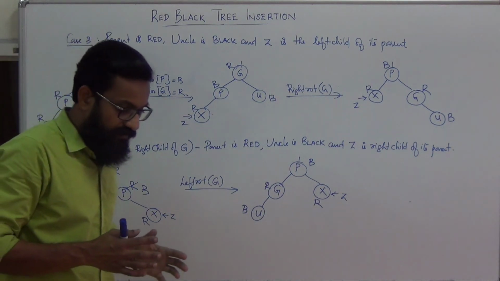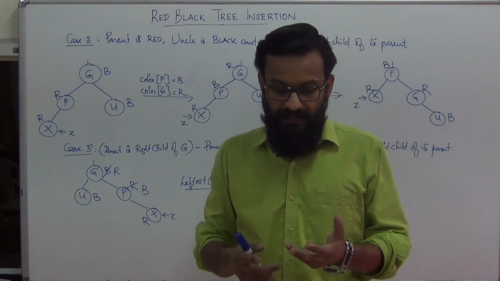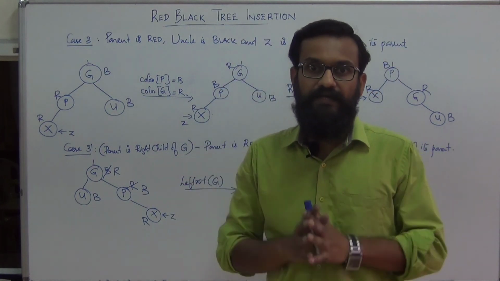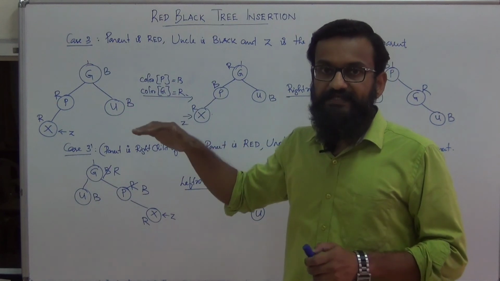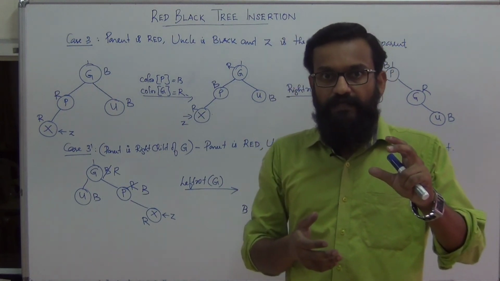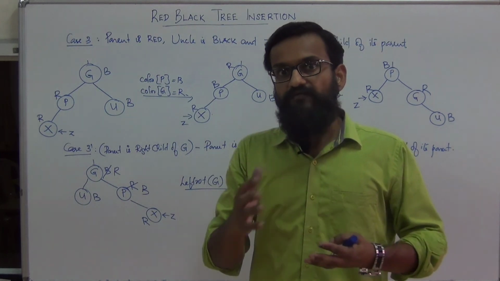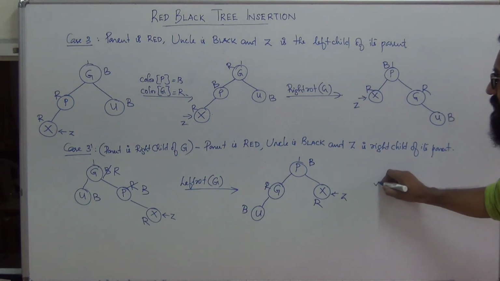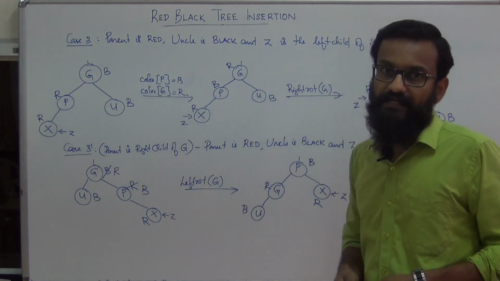So these are the main four cases to be addressed. Case 0 is trivial, then case 1 happens if parent and uncle are red in color. You have to perform some sequence of transformations. And case 2 and case 3 are defined based on the orientation of parent with respect to grandparent and new node with respect to parent. So based on that you can have its symmetric cases. So using these cases we can resolve the issues raised when you perform insertion into a red black tree. That's it.